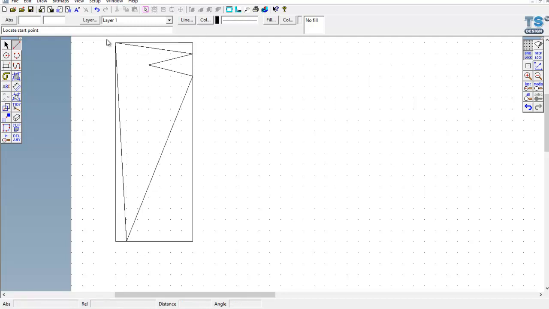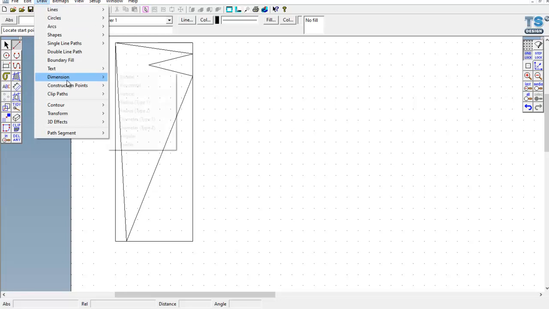So I can actually delete the square all the way around it eventually, but at the moment I'm just going to leave that on for a second just so we can work out the measurements. So just to check the measurements from there, we can actually go to draw, click onto dimension,